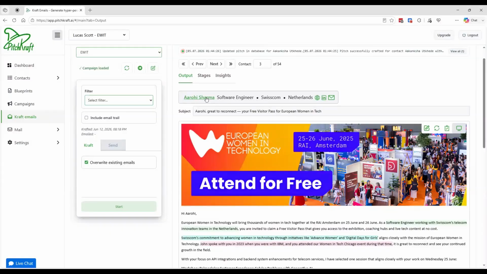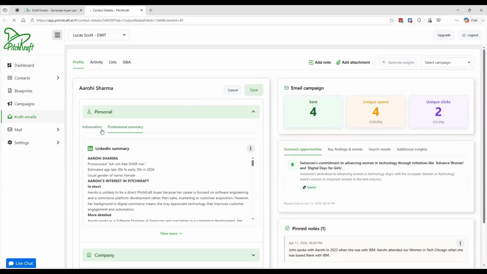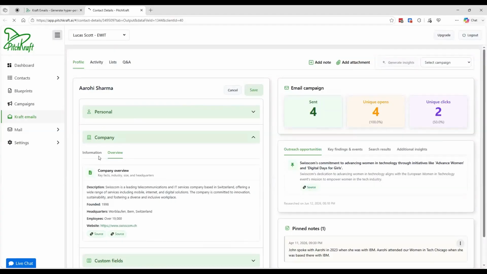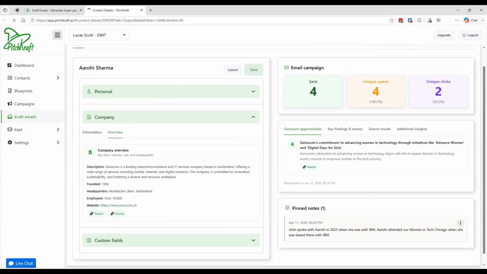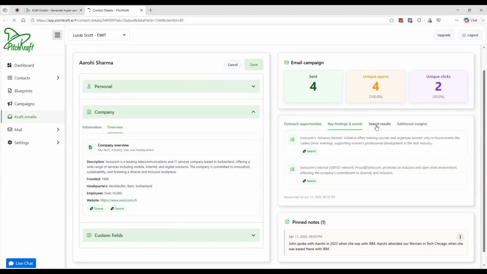Let's click on Arohi's contact profile. Here you can see that all the insights have been saved into her profile. Sales teams and SDRs tell us that this is incredibly useful when they are following up with their prospects. They can quickly see the connection between the prospect and the product, service, event, etc. that they are promoting. Company overview is shown, as well as other key findings and events, the whole search results,